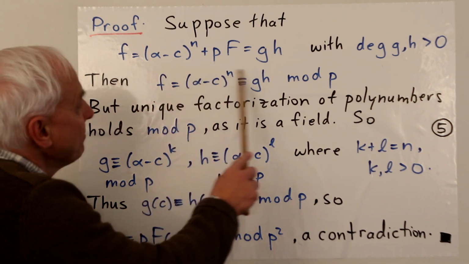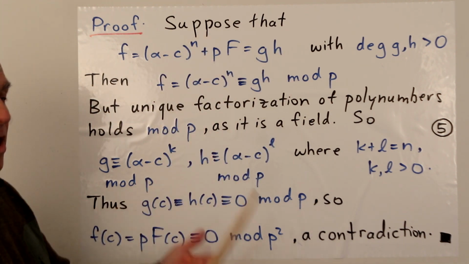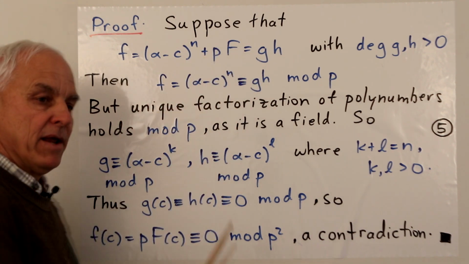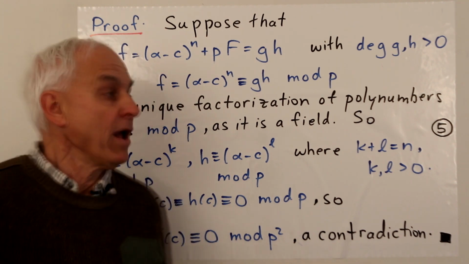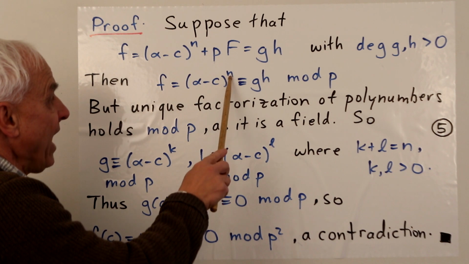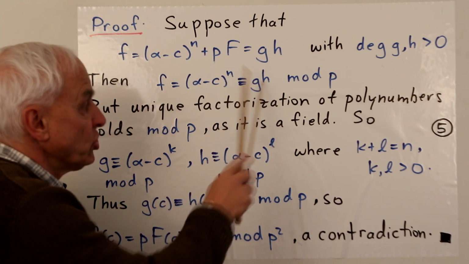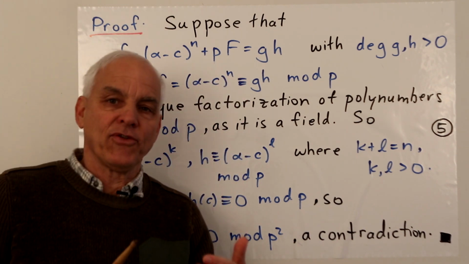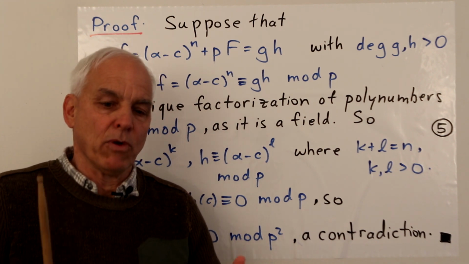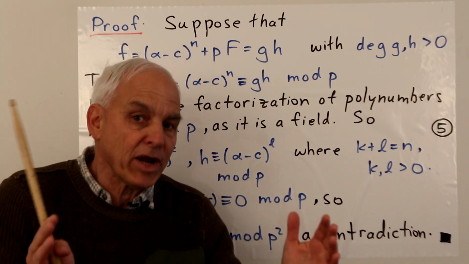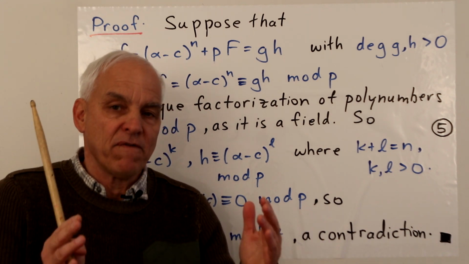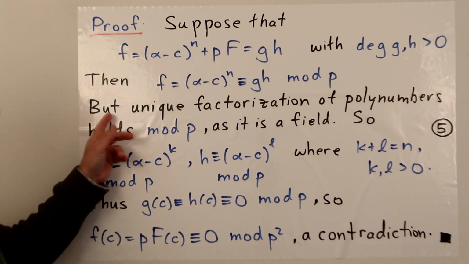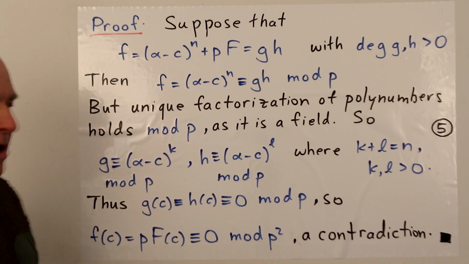Okay, so one way of restating this in terms of mod p: if we look at both sides mod p, then the term that is a multiple of p is going to be 0. And so we could say that alpha minus c to the n is congruent to the product gh mod p. This triple equality is a congruence, the sign that we use when we're working mod p. So we're working in this restricted algebra or arithmetic of a finite field with p elements. P is a prime.